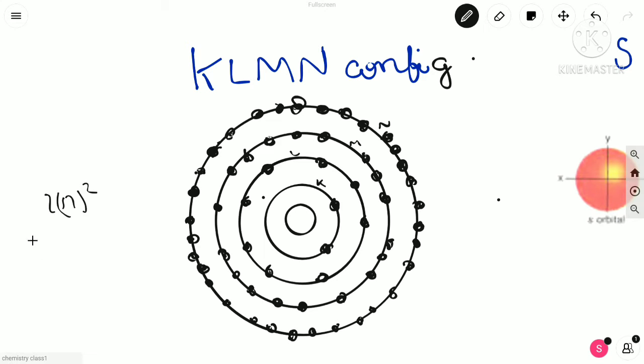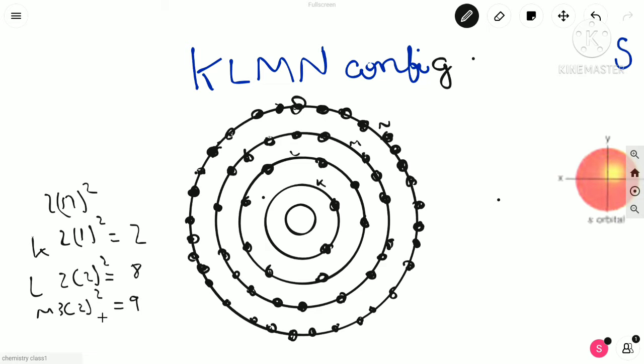So the K shell had 2 into 1 square, which is equal to 2. Then the L shell had 2 into 2 square, which is equal to 8. M had 3 into 2 square, which is equal to 9. And N had 4 into, sorry, 18. I'm very sorry, 18. And then 4 into 2 square, which is equal to 4 into,